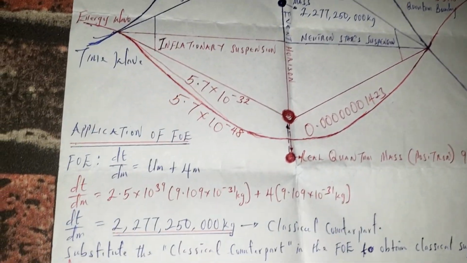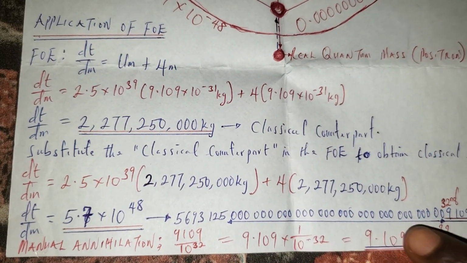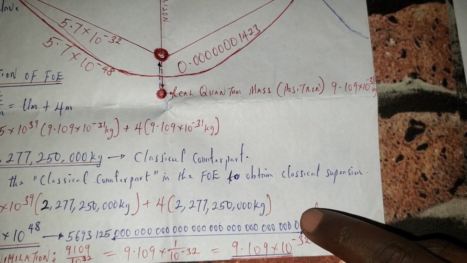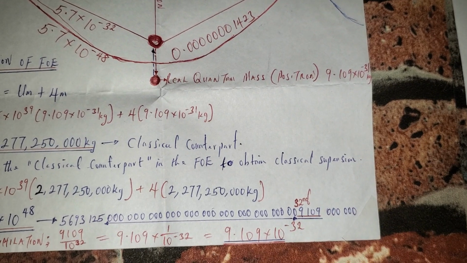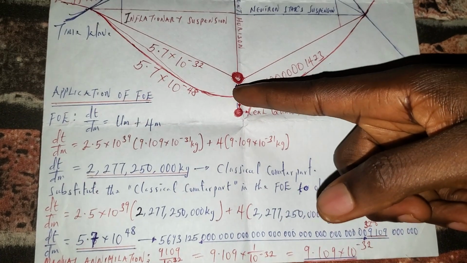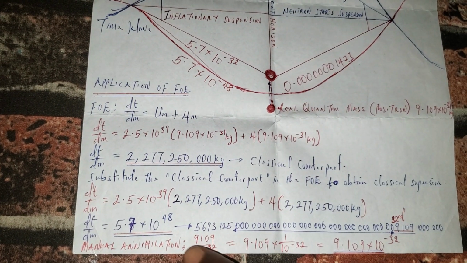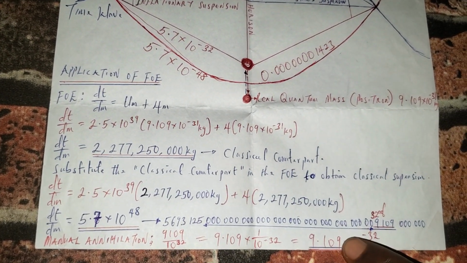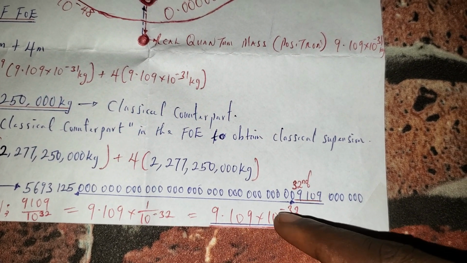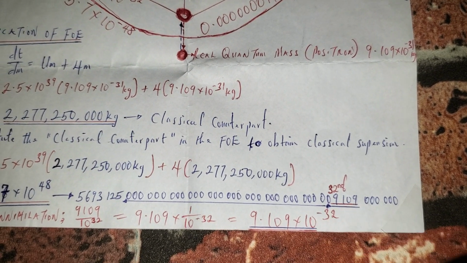But look at what happens the moment that is extended. We see that we have a couple of zeros that suspend the electron's mass worth right here at 32nd position. So we need to manually annihilate that, because that value is lower than the quantum arbitrary suspension. So the trajectory is longer than normal. And by manually annihilating that, we now get back to our positron's value. But now, instead of having raised to power minus 31, we have raised to power minus 32,